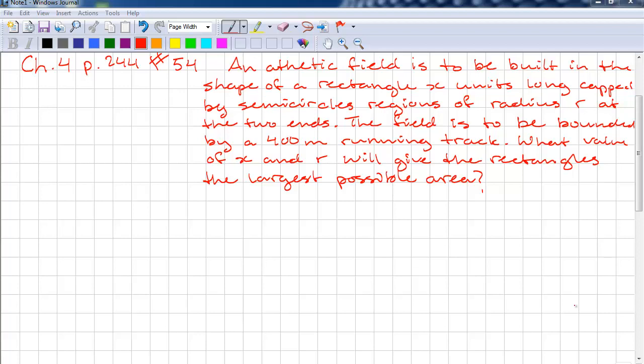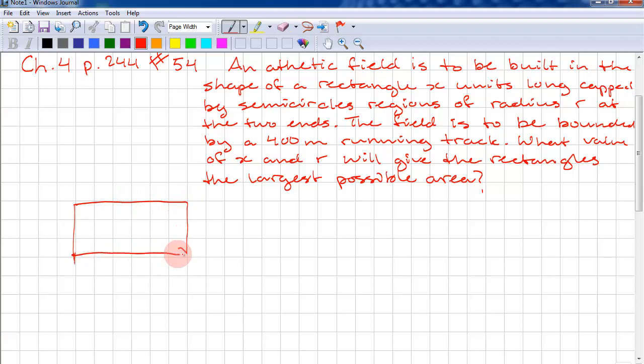On page 244, the Chapter 4 review, number 54. To start out this question, you first draw a diagram of the field, which is